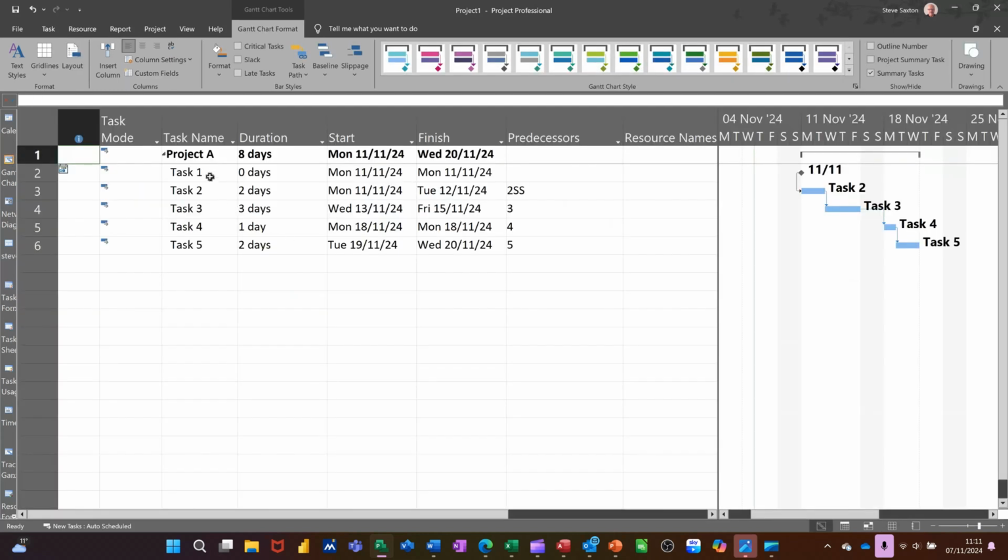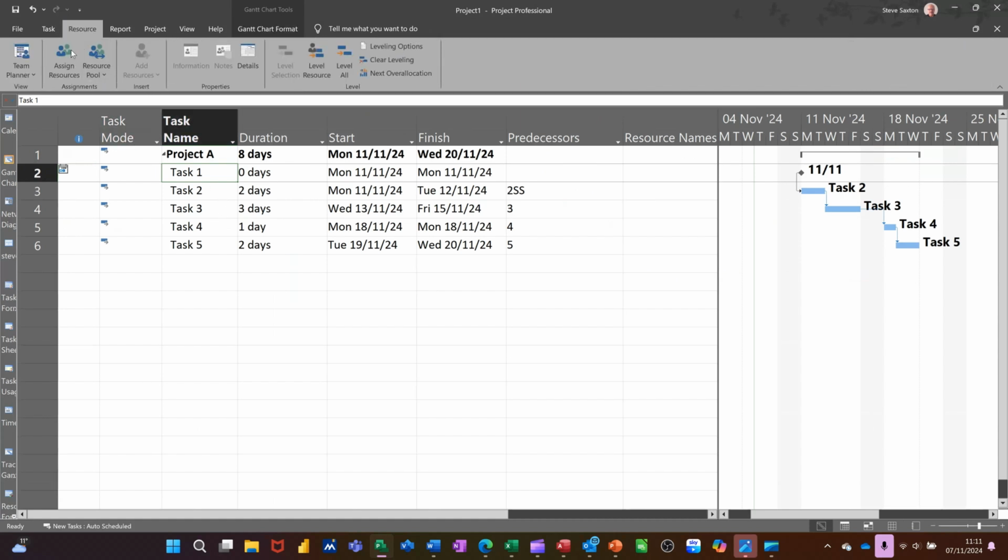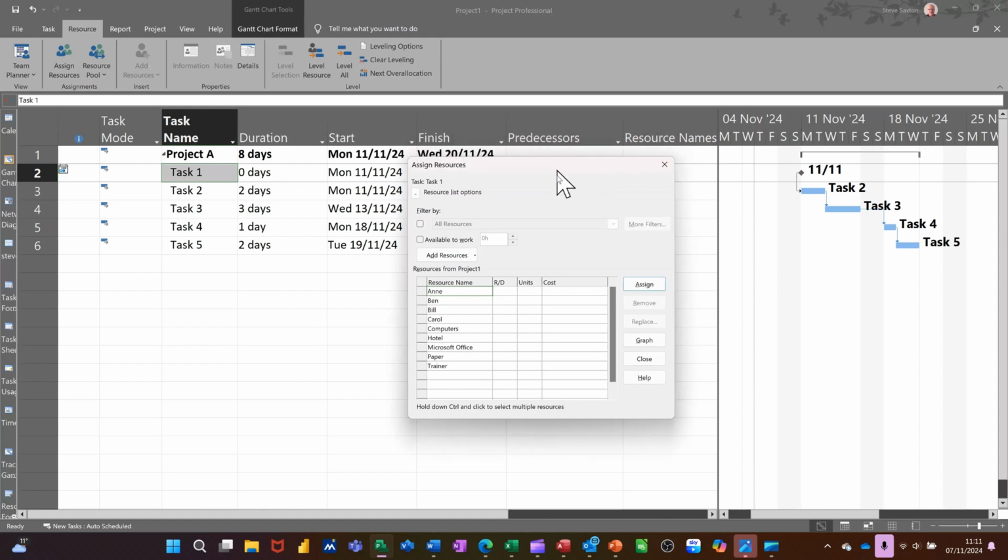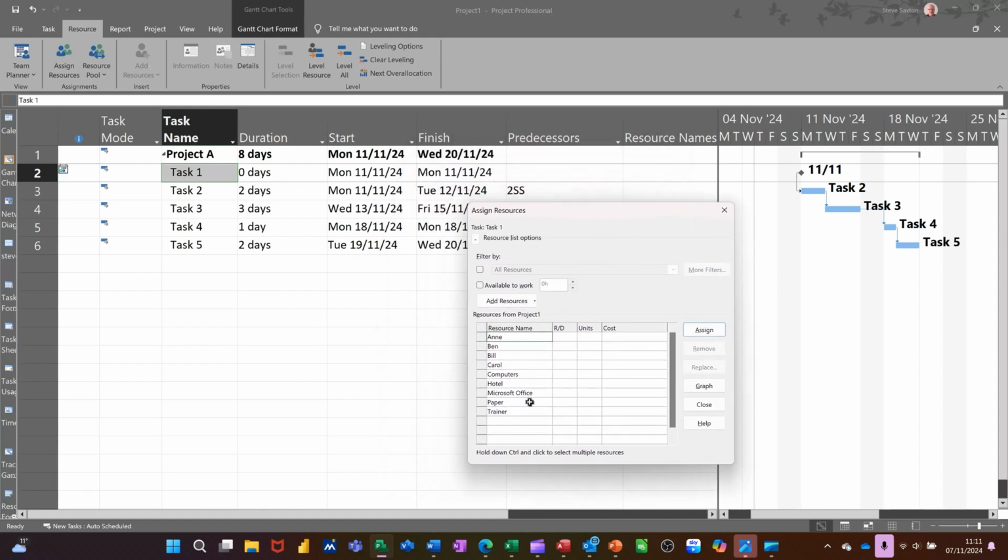and then I'm clicking on, let's say, task 1, and I go to resource and I sit on here, assign resources. This is the way I always do it. It's the best way, I think. This box floats, so you can see a list and you can see a task. So I can click on here. This still stays there. It's grayed out a little bit, and I can click back into here, and then this bit becomes active. So on task 1, I want to assign Anne, the manager. So assign Anne, and then